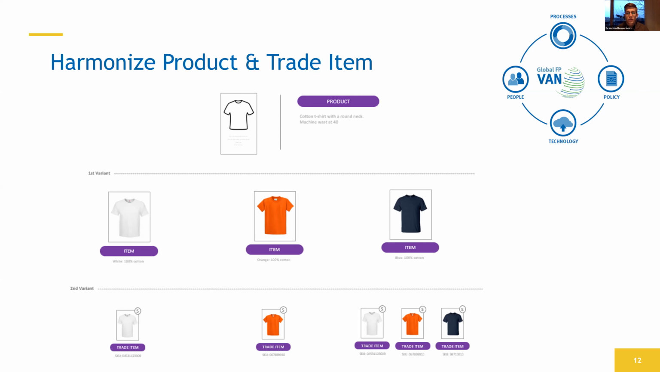Yeah, thanks. There's also a follow-up question here about this picture of the t-shirts. The question is about the second variant. Is that the manufacturer-specific one, or would two red t-shirts from two different manufacturers be the same second variant? So